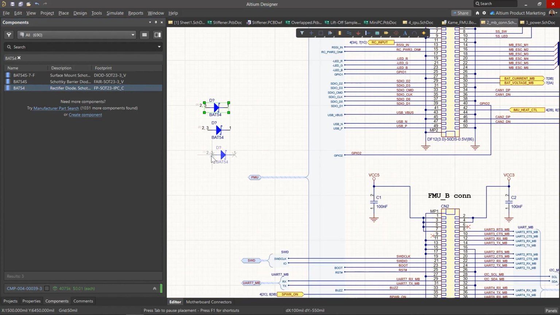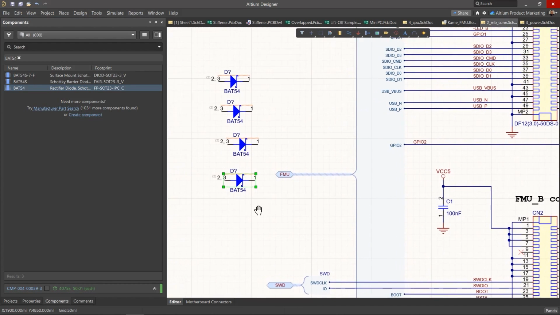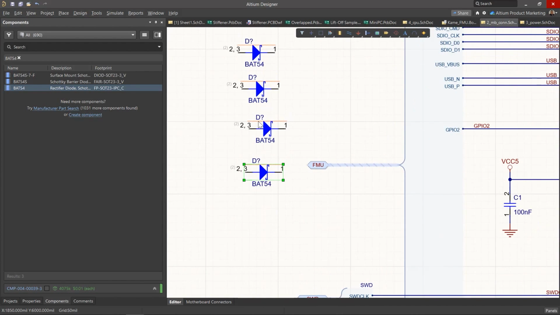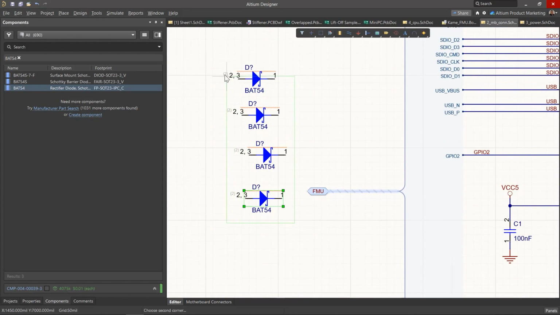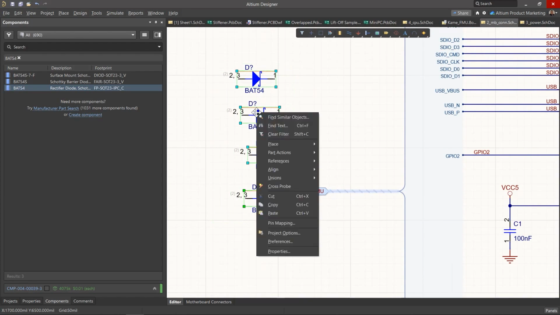I'm going to place a couple. So you'll notice here that you have 2 pins, but you have 2 numbers here. That means that that pin is mapping up to different